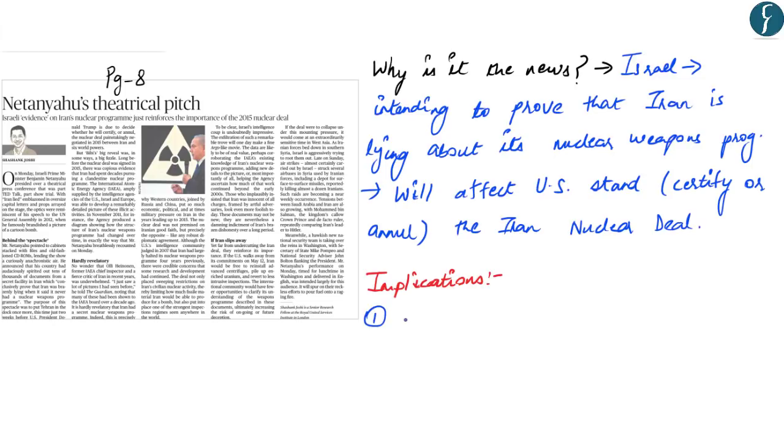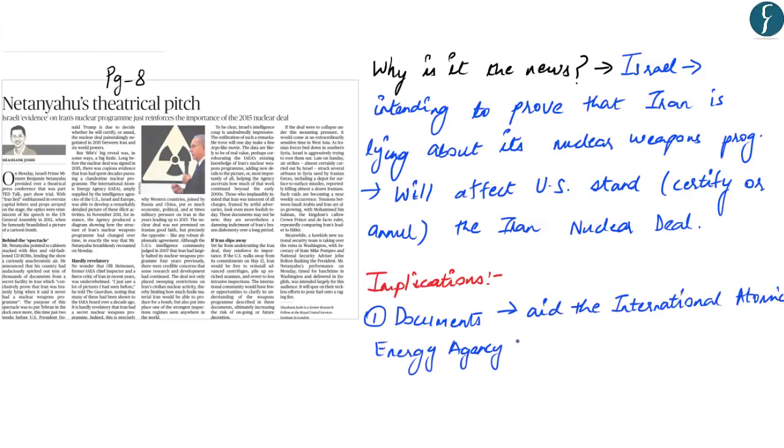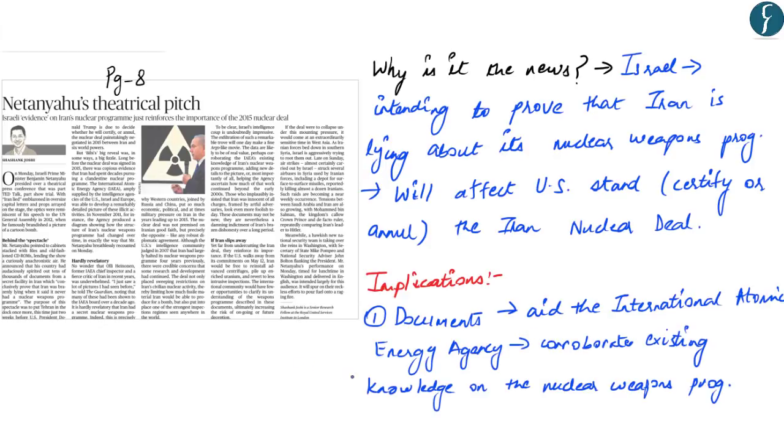Firstly, the data that is sourced by Israel on Iranian nuclear program may aid the International Atomic Energy Agency to corroborate its existing knowledge of Iran's nuclear weapons program. Also, the response of United Kingdom, France, Russia, China and others which are a part of Iranian nuclear deal has been lukewarm to the leakage of these documents by Israel. As of now, this news is in transition and we will have to wait and see the response of United States on the certification of Iranian nuclear deal in future and the response of International Atomic Energy Agency on the